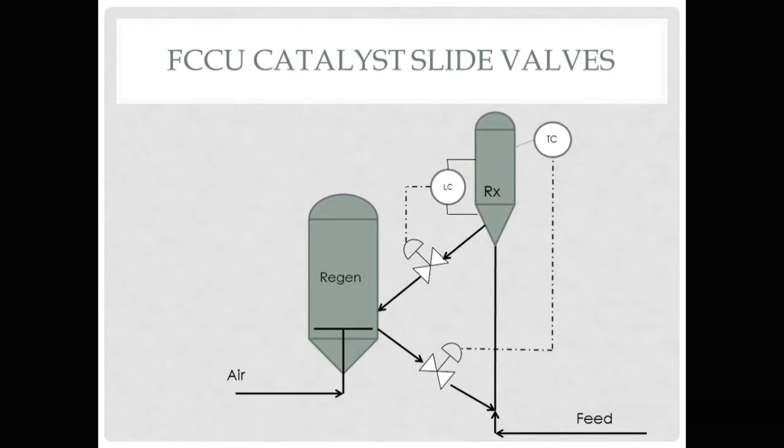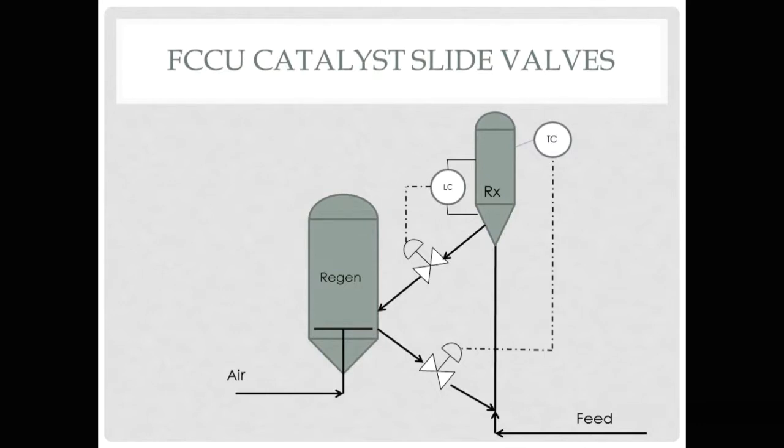The reactor gets feed from the bottom, and the catalyst will fall into the regenerator through a standpipe, and this flow is controlled by the spent catalyst slide valve. When the catalyst reaches the regenerator where air is there, the coke is burned off and the catalyst is returned to the reactor bottom, that is the riser bottom, through another standpipe, and this flow is controlled by the